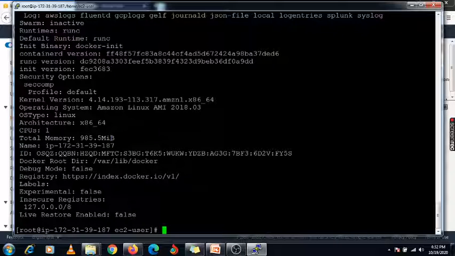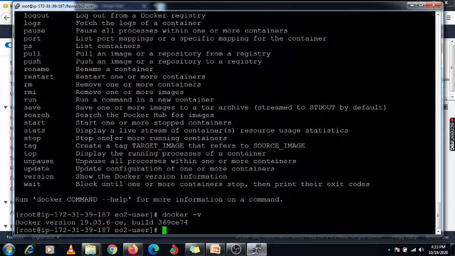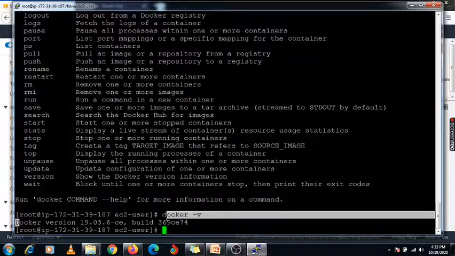If you want to check the version of your Docker, you can use the command docker -v, with a small v.